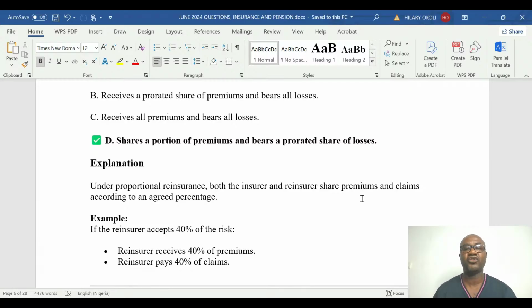At the time of losses, you have to bring a prorated share of the losses. Prorated means that the principal person will take more, maybe 60-40. The premium is in that same manner also. So when there is a loss and there will be a claim, the person will bring 40 while I bring 60, so that we reinstate the Transcorp Heating to its original form before it broke down.